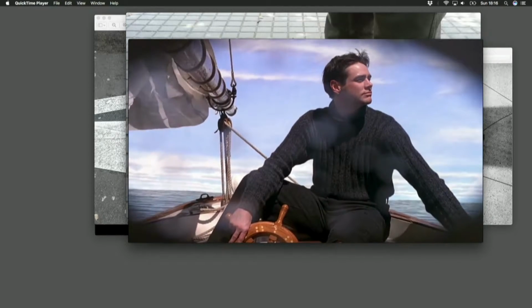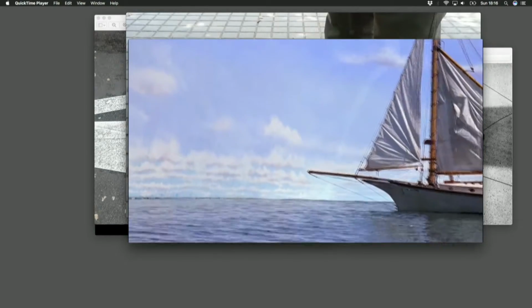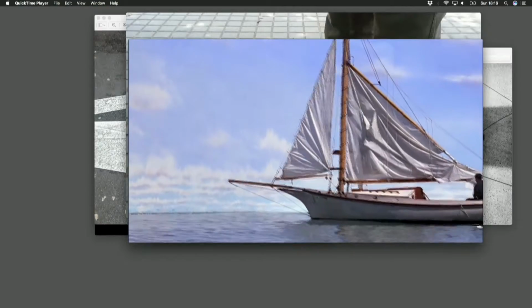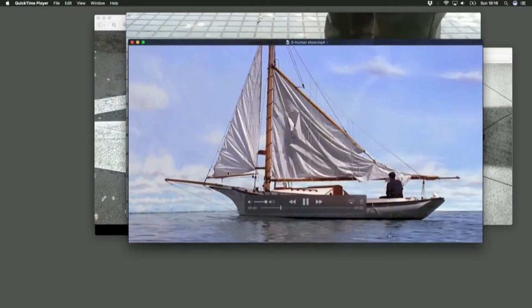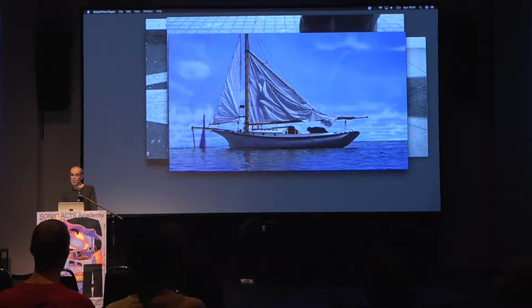If someone has not seen this film, I'm sorry, because I'm about to ruin it for you. But it's been out for ages, so it's okay. I mean, you should have seen it if you wanted. This is the story of a character that lives inside this fiction, but he's not aware of that. He's just kind of captive. He's the star of a TV show, but he just thinks it's his normal life. Until he starts suspecting some things are perhaps a bit strange, and in this radical act of rebellion, he takes a sailboat and decides to leave and keeps sailing and sailing into the horizon, quite literally into the